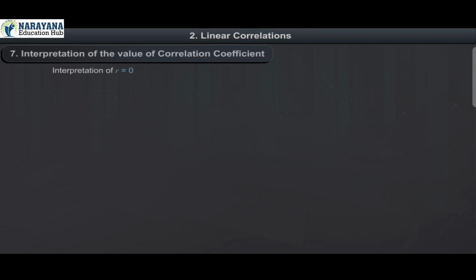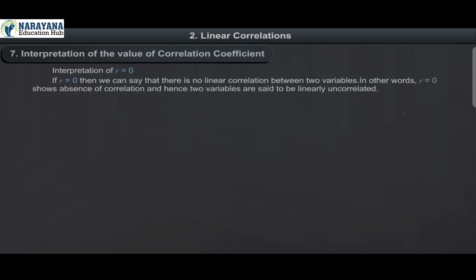Interpretation of R is equal to 0. If R is equal to 0, then we can say that there is no linear correlation between two variables. In other words, R is equal to 0 shows absence of correlation, and hence two variables are said to be linearly uncorrelated. For such variables, we get randomly scattered points, that is, not on or around any line in the